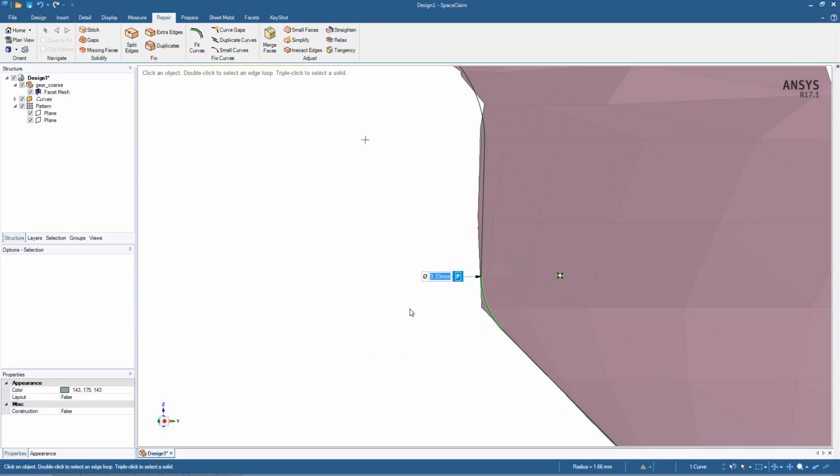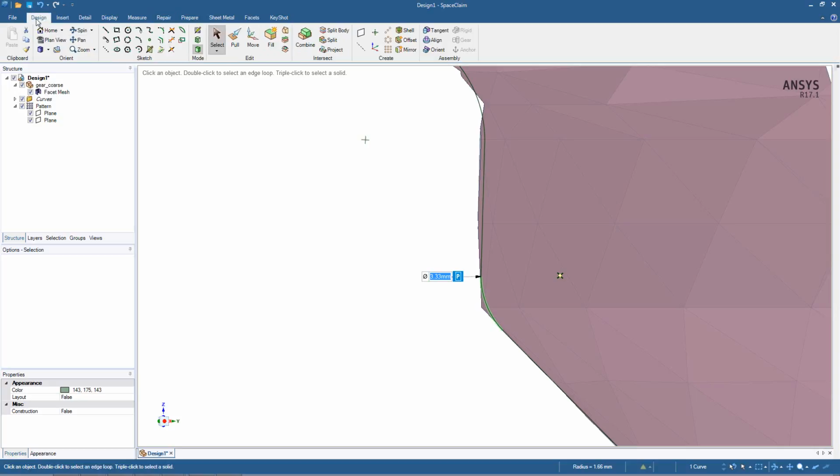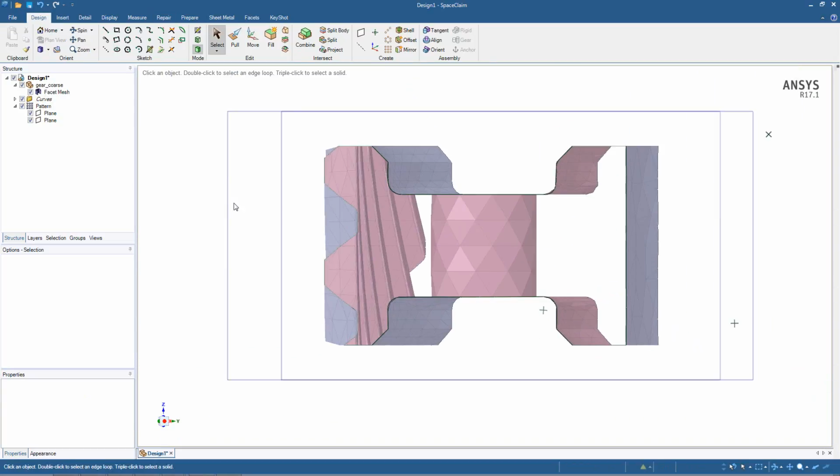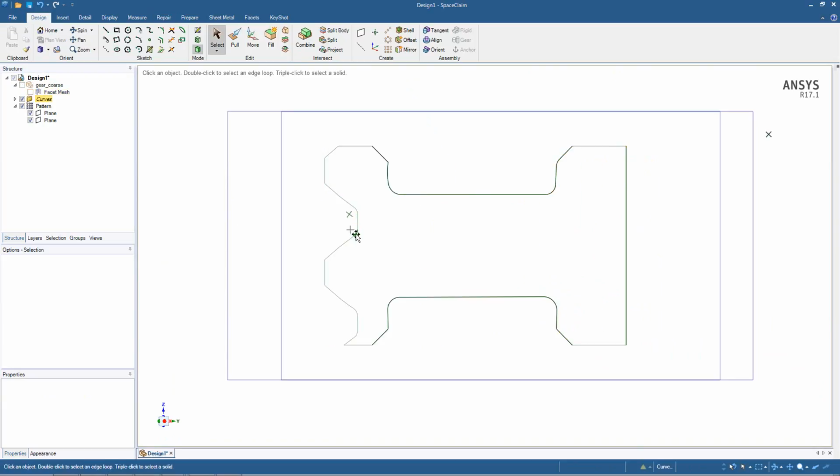If we select on that surface, there's a feature in here called Fill, which will remove that blend. So if we click it once, it moves it into a chamfer. If you want to get rid of that chamfer, click the Fill again, and it will move it into a point. So we can use the Fill operation to clean up this gear tooth profile that we don't need, because